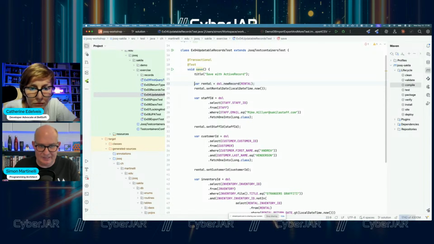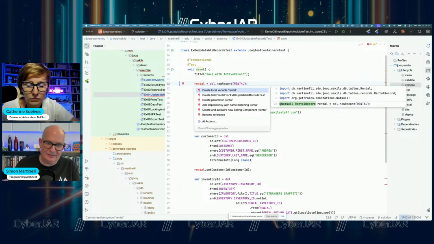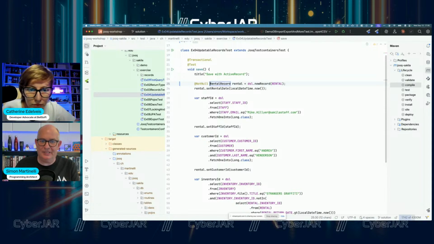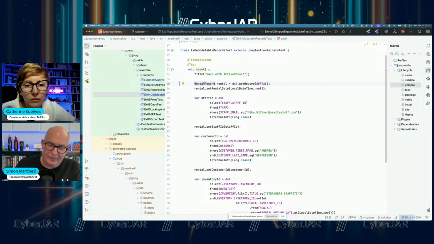And here, let's remove that so we can see it better. What it creates with this new record is a rental record instance, right? So that's one of these active records. Why do we need to call new record here?